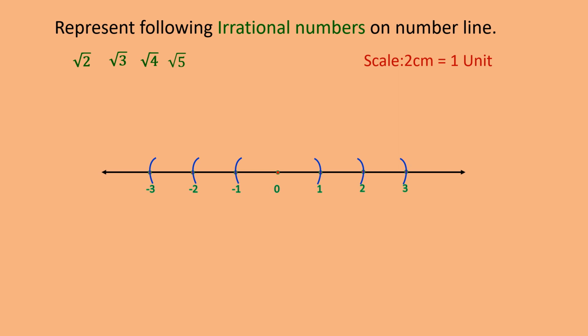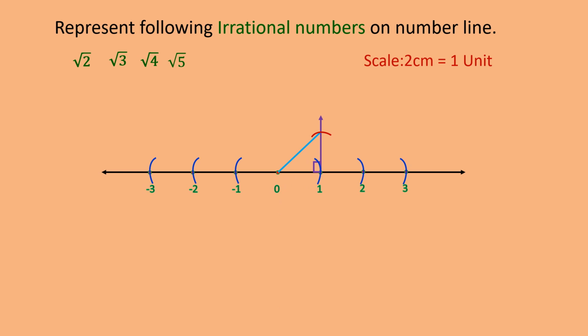Now if I want to draw root 2 on it, I will take 1 unit. See here, 1 unit means 2 centimeters. The distance between 0 and +1 is 2 centimeters, and for that purpose I will draw one perpendicular line at point 1, and whatever distance we have between 0 and 1, the same 1 unit we will put as an arc on it. See here, the red color arc we have drawn. This distance from 1 is 1 unit, as I said.